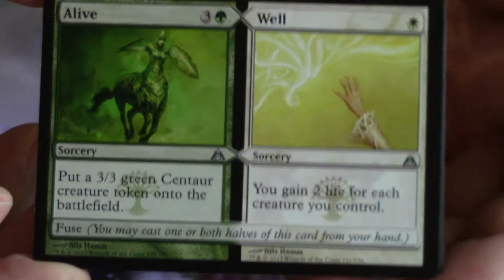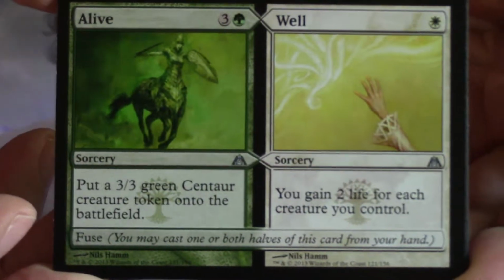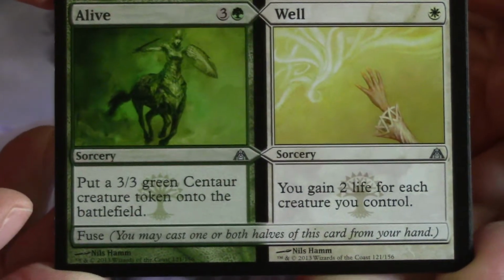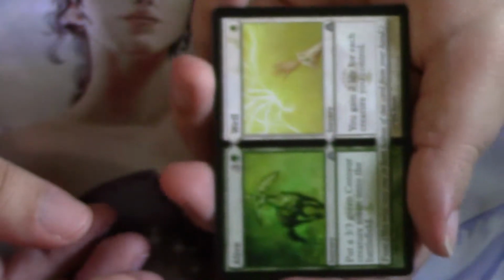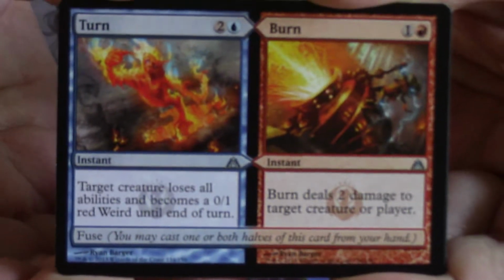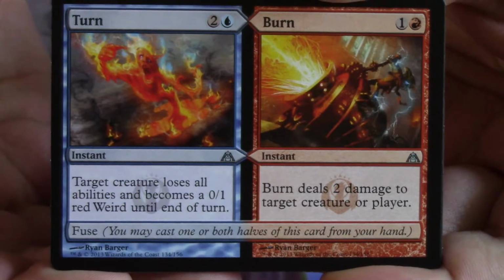So even though we just went from Hour of Devastation, which had Aftermath split cards, this has Fuse split cards. So here's Alive and Well. Behind Alive and Well, once it focuses, we have a Turn and Burn. Show you guys that as well. Turn and Burn there. And our rare or mythic in this pack is